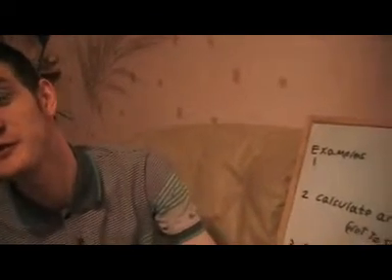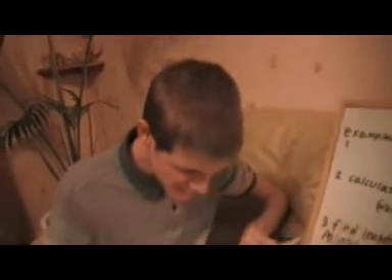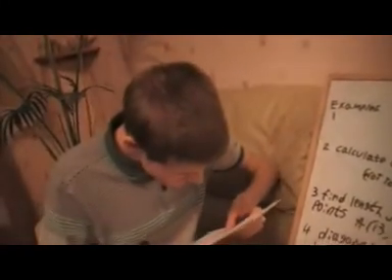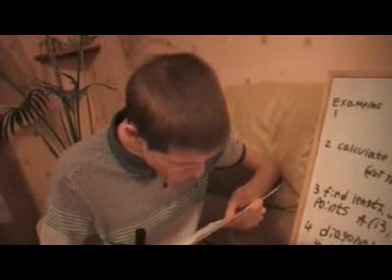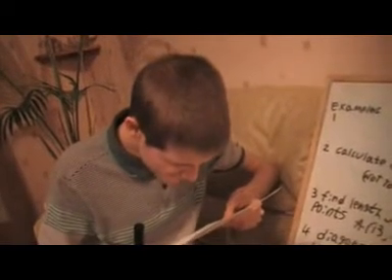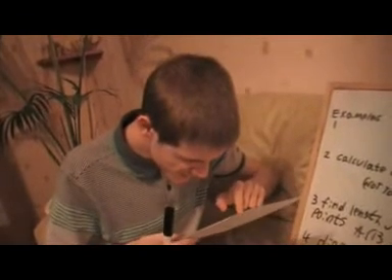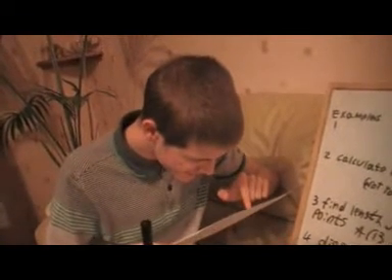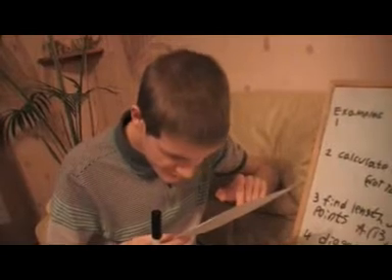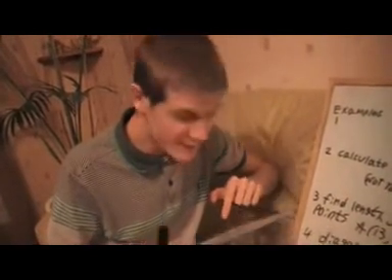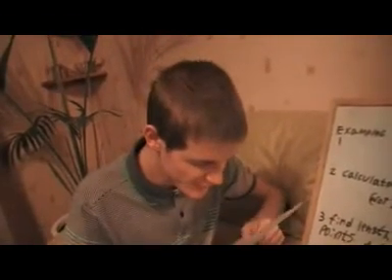So the first problem, I haven't written it down, so I'll just read out what it says. A ladder 12 meters long leans against a wall. The ladder reaches 10 meters up the wall. How far away from the foot of the wall is the foot of the ladder? So we've got